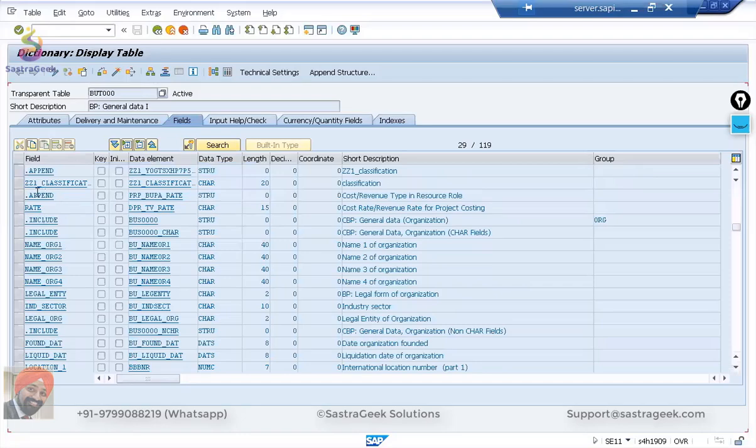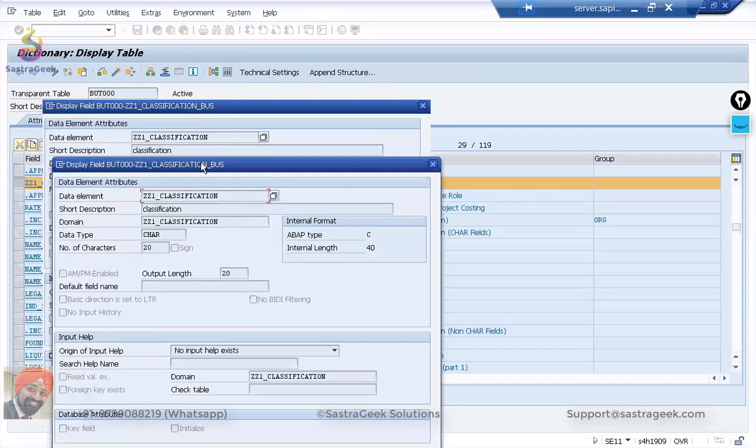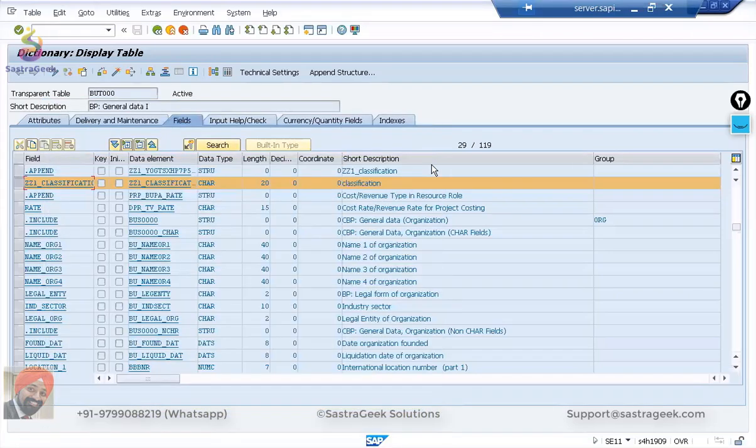See, this has been added. So your Z classification, your ZZ1 classification has been added. The field length is 20 characters. The data element field has been added. A character field you have added with 20 characters. So you can see it here. You can see that now it is so easy to get it added, but it still needs to be done